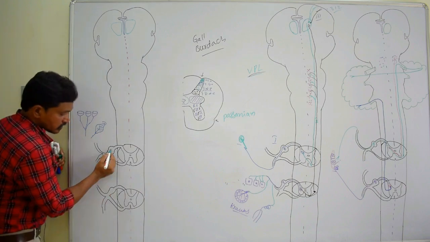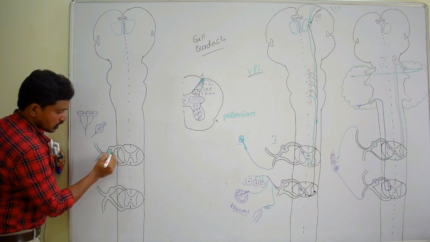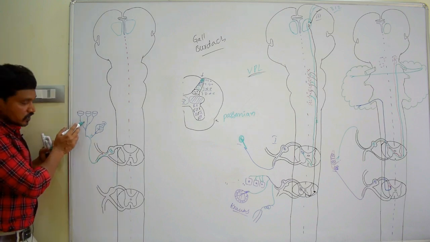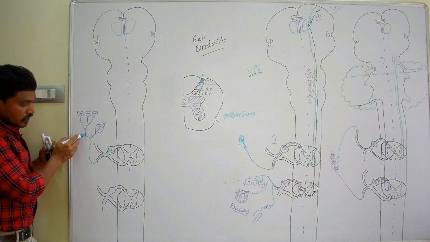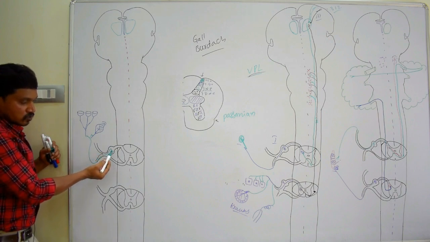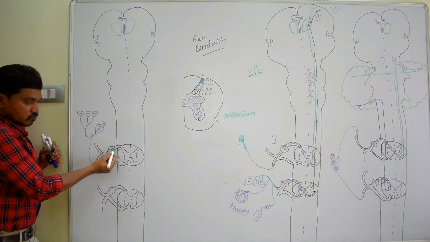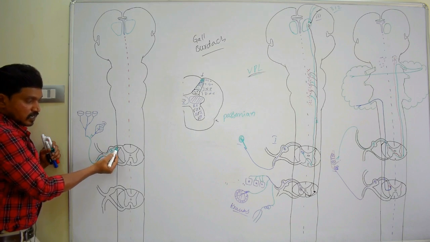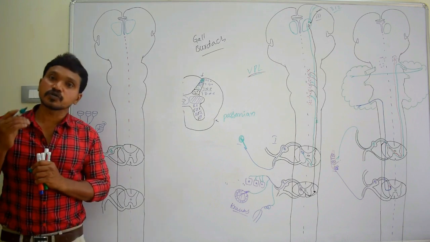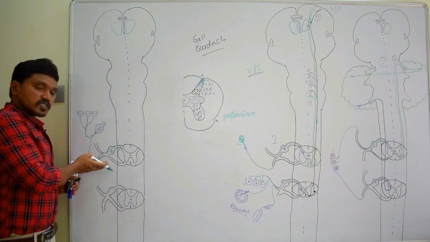That electrical impulse will be carried by the first order neurons which are present in the posterior root ganglion or dorsal root ganglion. So here peripheral processes are there. Touch receptors and proprioceptive receptors are stimulated. That stimulus will be converted into electrical impulses. That electrical impulse will be carried through the peripheral processes of pseudo unipolar cells which are present in the dorsal root ganglion. Then the same impulses will pass through the central process and reach the posterior horn of the spinal cord. This tract is fasciculus cuneatus